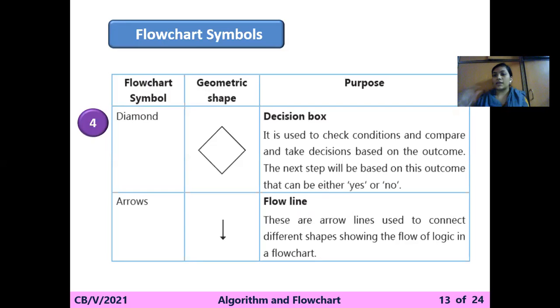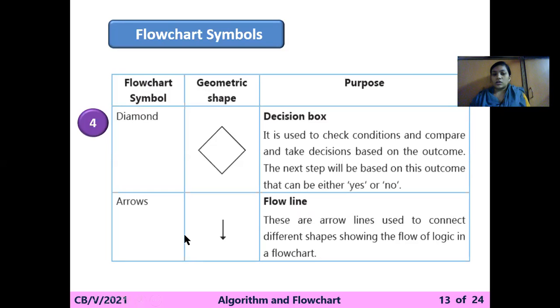If remainder is not 0, then it will be odd. So two conditions are there, so at that time you have to use the decision box. अगर दो कंडीशन आ रही है तो उसके लिए आपको यूज करना पड़ेगा decision box का.